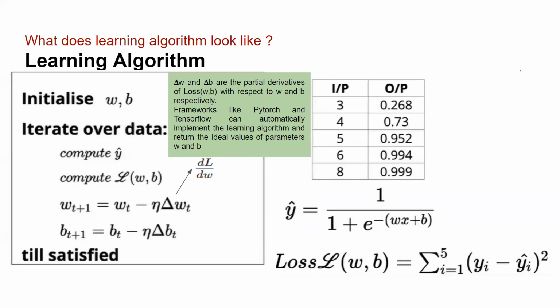If you want to understand the mathematical reasoning behind it, then follow the next slide. If you're not really into the math part and mainly focusing on the application part, then for now I'll just break the suspense and tell you that the value of delta w is nothing but dL by dw. What is dL by dw? It is the partial derivative of my loss with respect to your weight vector. Similarly, this is dL by db, the partial derivative of loss with respect to b, the threshold value.